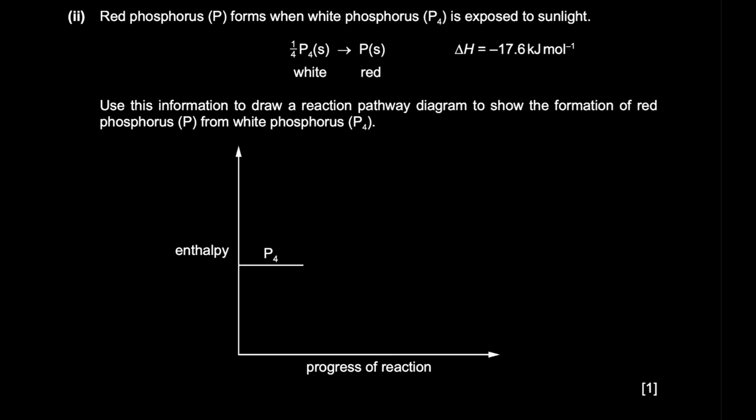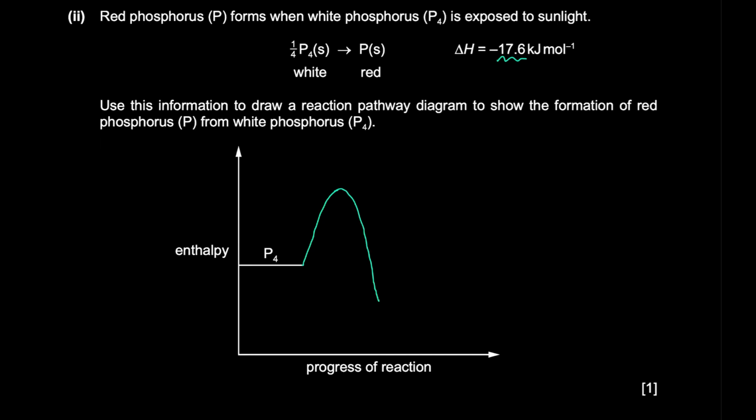Red phosphorus forms when white phosphorus is exposed to sunlight. Use this information to draw a reaction pathway diagram to show the formation of red phosphorus from white phosphorus. So for a reaction profile diagram, right, all you have to do is, first of all, when we expose it to sunlight, the sunlight provides what? The sunlight provides the activation energy, right? The sunlight provides the activation energy, and then the overall reaction is exothermic, so the products are actually lower than